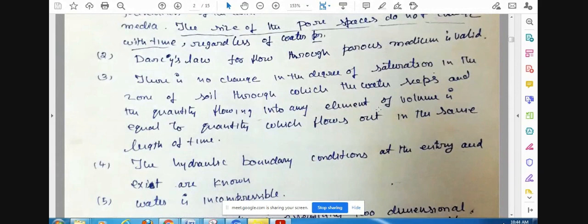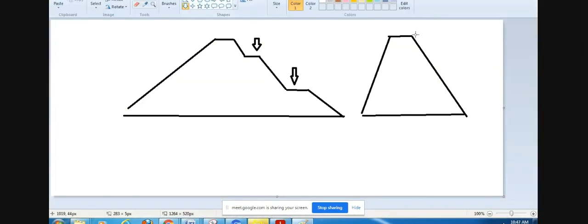Rain falls on the top, and the rain particle falls on this top, it will roll down, roll down, roll down. So therefore it attains a lot of velocity as well as kinetic energy. If the velocity is increasing, it means it is attaining kinetic energy. If it has a lot of kinetic energy, along with the water it also tries to carry the soil on the slope. Got my point? So therefore erosion takes place here.